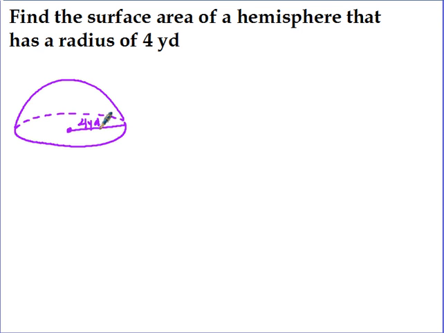So if I go to my surface area formula of a sphere, now think of that, okay? If I was going to take a solid ball and cut it in half, or think of it this way, if I were going to take that solid ball and paint the whole thing green, and then I cut it in half, well, this part along the bottom would not be colored green. So even though I'm going to find the surface area here, 4 pi r squared, so that'll be 4 pi times 4 squared,